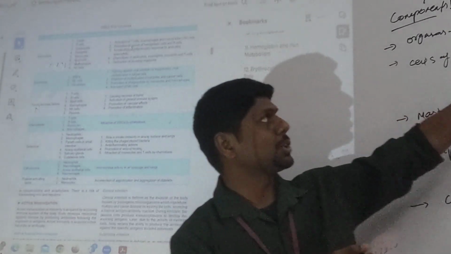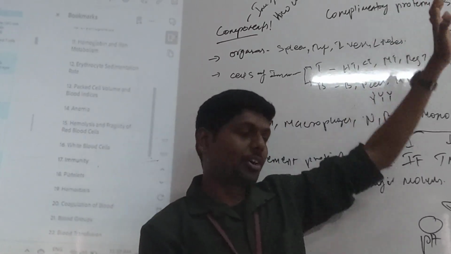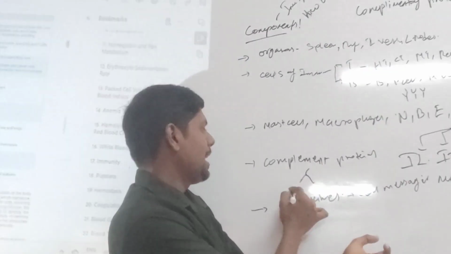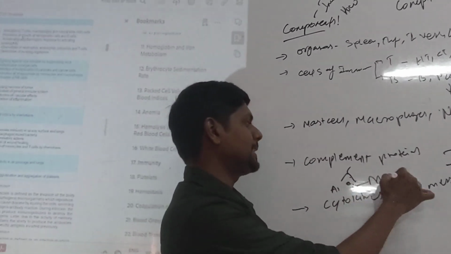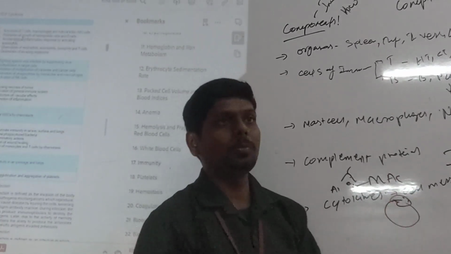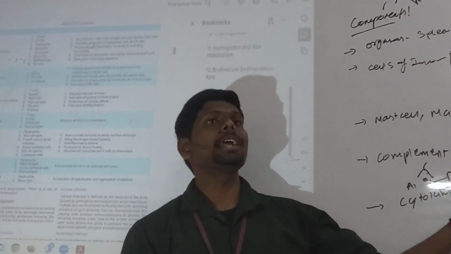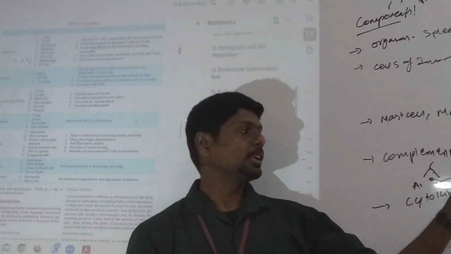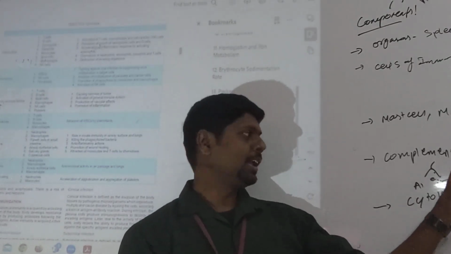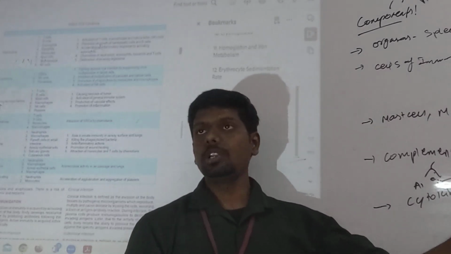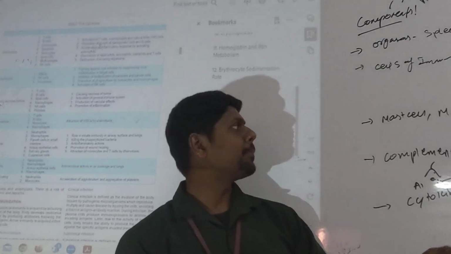So I hope you now understood what complement proteins are also. That is a different story. Complement proteins act in between antigen and antibody. Here complement proteins will be there. They will form MAC and MAC will destroy the microbes. So obviously we need complement proteins for generation of the membrane attack complex in the microbes. That is the role of complement proteins. They are the bridging gap between antibodies and antigens. Without complement proteins we cannot kill the pathogens.